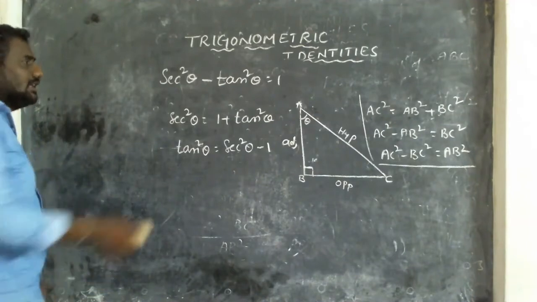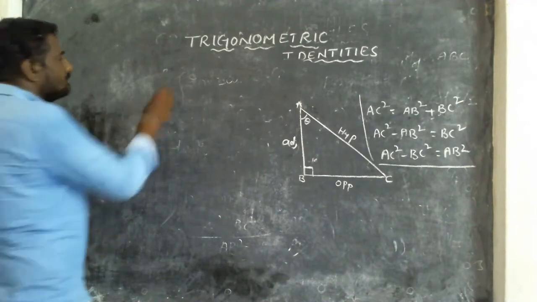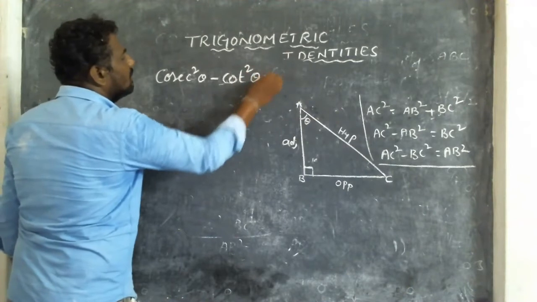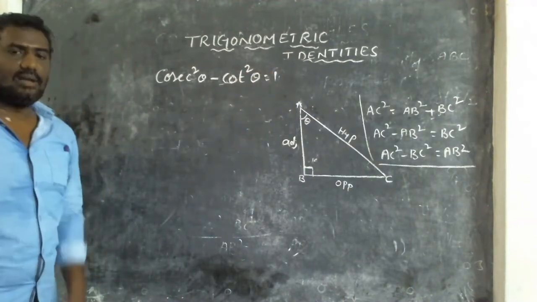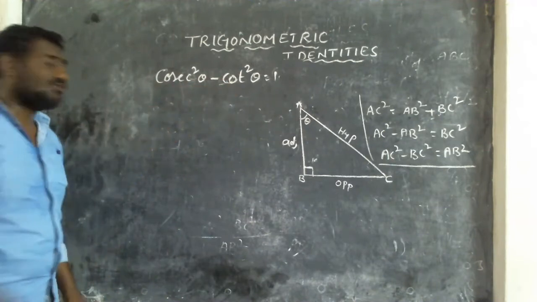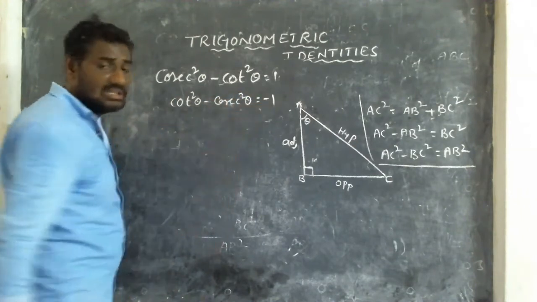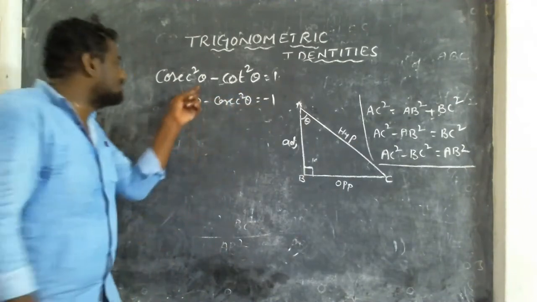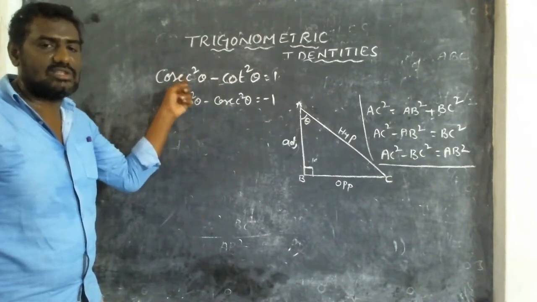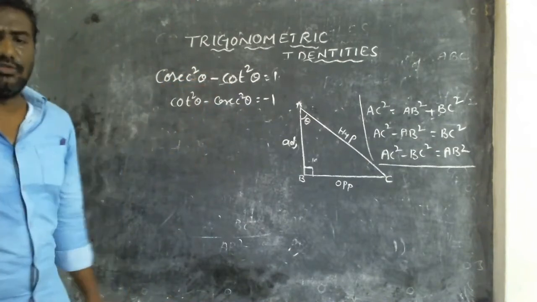Same way we'll go for the third identity. The third identity is also like the second identity. That is cosec square theta minus cot square theta equals 1. First cosec, next cot. We cannot write cot square theta minus cosec square theta, which gives minus 1. It is not equal to plus 1. It is minus 1 because of this minus. When plus is done, we can write in any order; first or second, we can change and write. But in the case of minus, we cannot change and write.